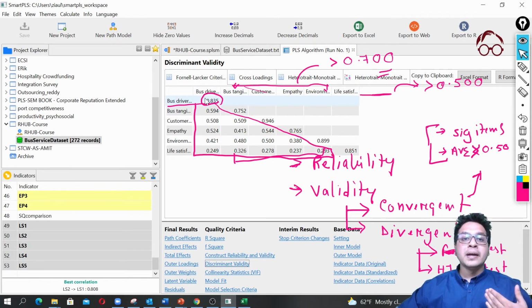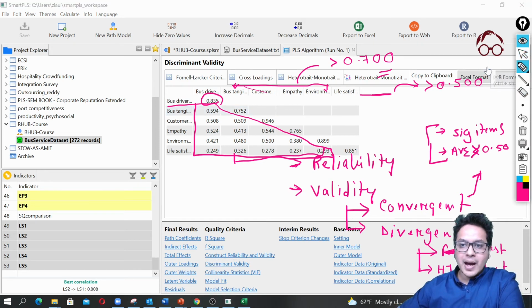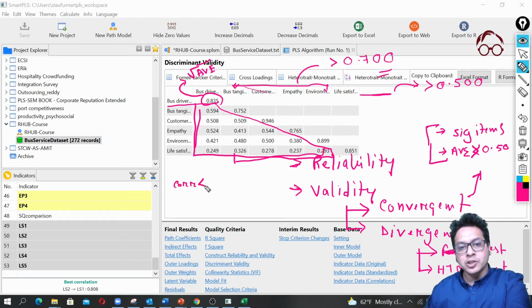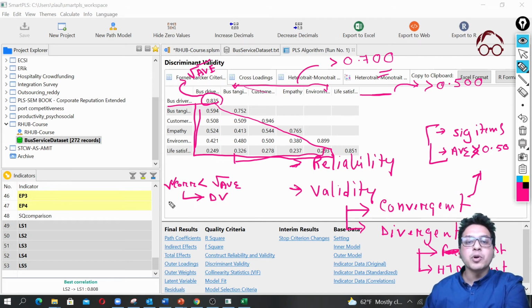Okay, so here on the diagonal, all the values are the square root of the average variance extracted. So I'm going to write it for you. Here, these values are actually square root of AVE. Okay, so here the idea is that all the correlations should be less than the square root of AVE. If that is the case, then we actually establish divergent validity, and this approach is called